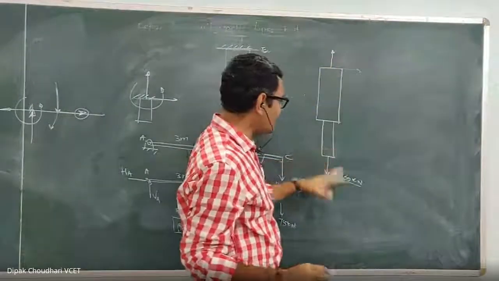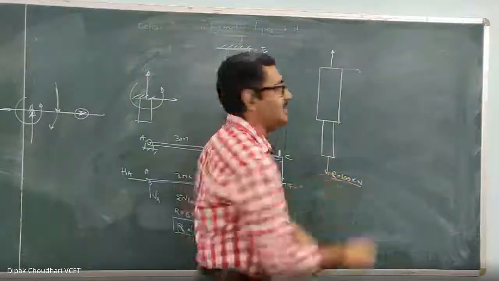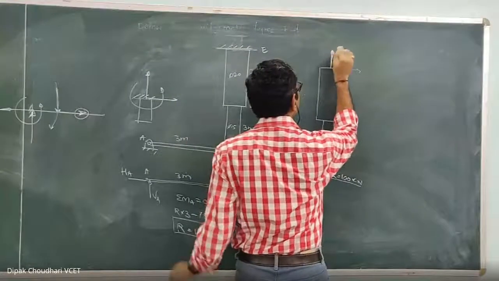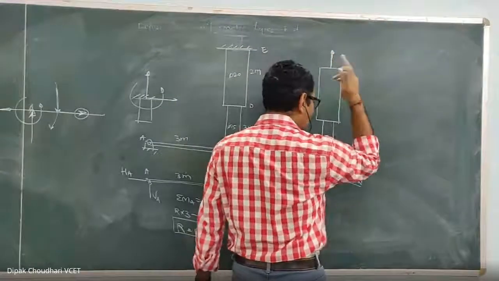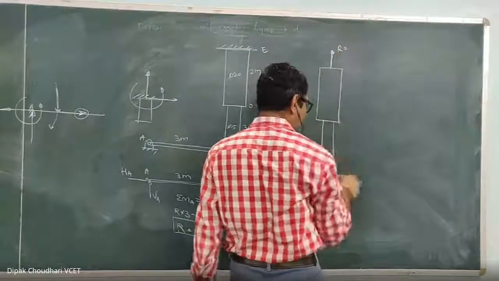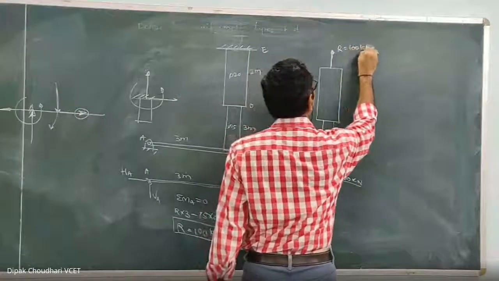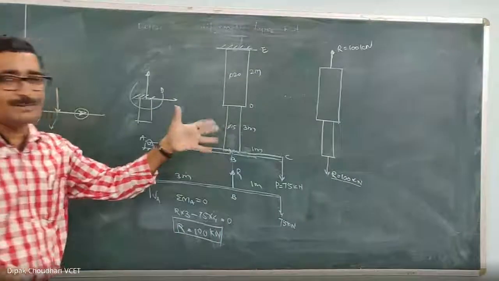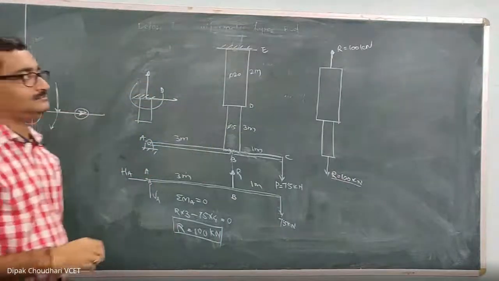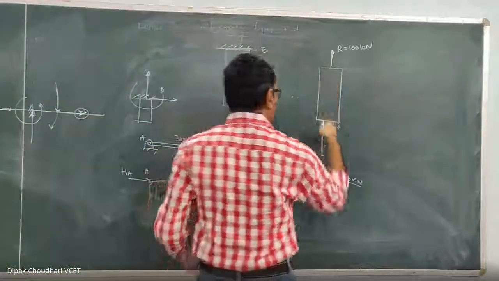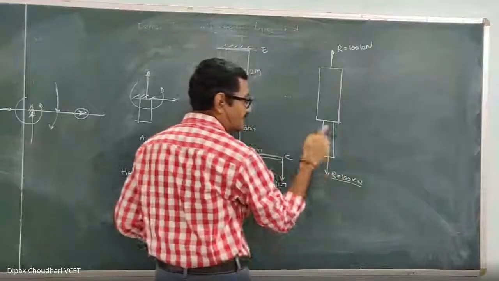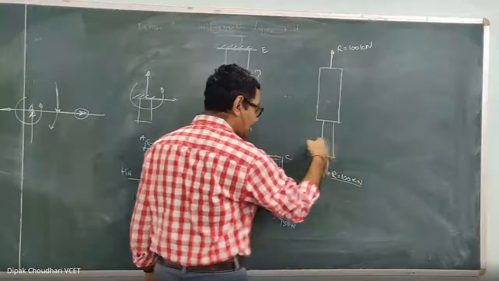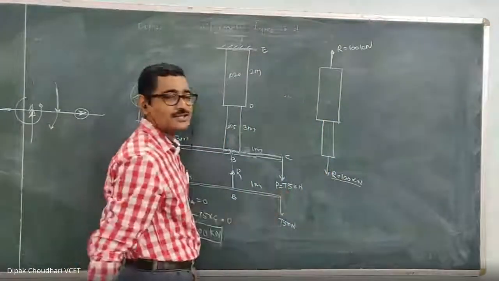So on this part, since only one axial force is acting, the reaction at this fixed end is also axial and only one component, and it is equal to this 100 kilonewton. Horizontal component and reactive moment will not be there. If you apply it, you will get it as 0. Okay, so this stepped rod is subjected to 100 kilonewton. This 100 kilonewton force is induced in this one because of this 75 kilonewtons.